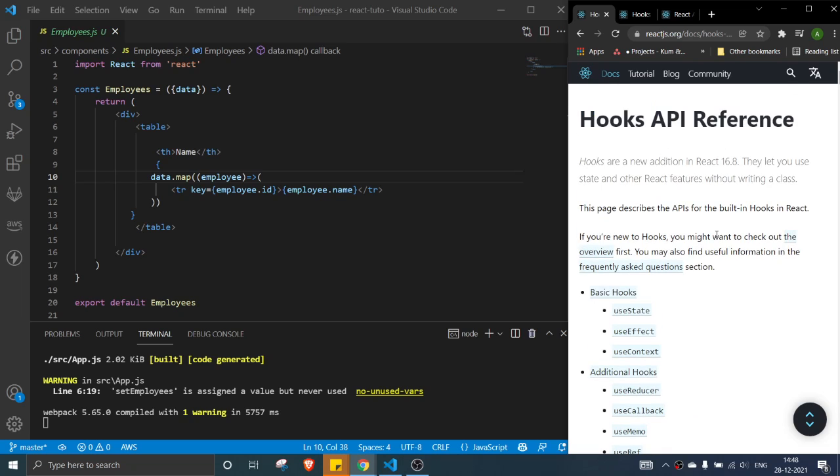In this video I'm going to explain the useState hook. Let's see the main feature of useState. Before doing that, please go and check out what hooks are and what they are really doing, so you can study deeper and it will be easy for you to grasp things. Okay, cool.